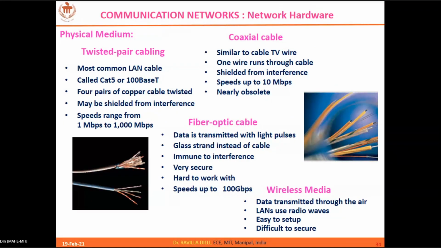So let us continue with the hardware aspects of physical medium. To make a network, what sort of medium are you using to connect the devices? Whether it is a wired medium or wireless medium, if it is a wired medium, what sort of cable are you using, whether it is a coaxial cable or twisted pair cable. In the twisted pair cable, you have shielded twisted pair and unshielded twisted pair cables, and also you have optical fiber cables. This is with respect to wired medium.